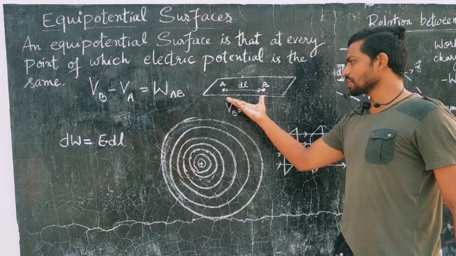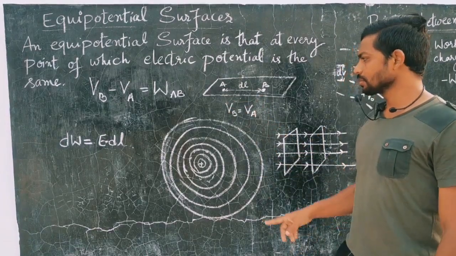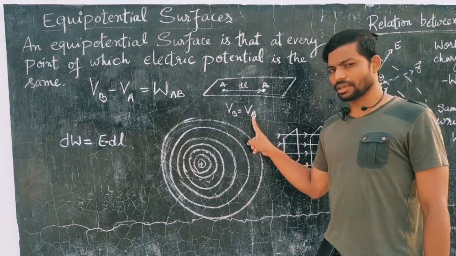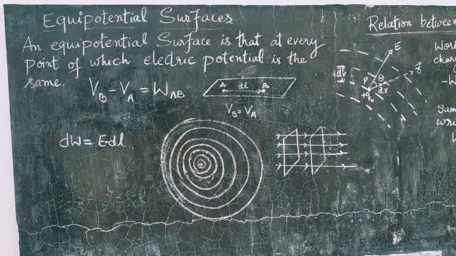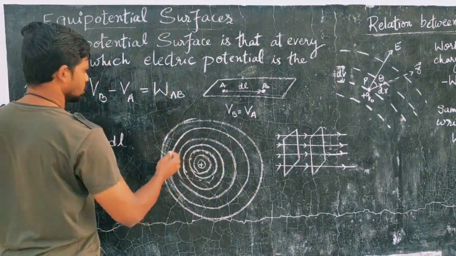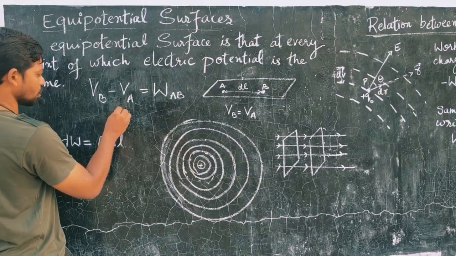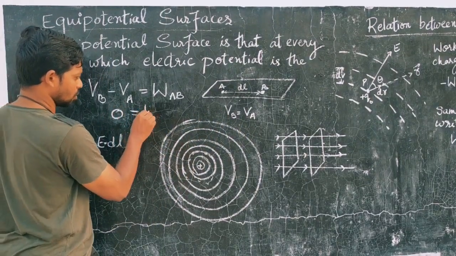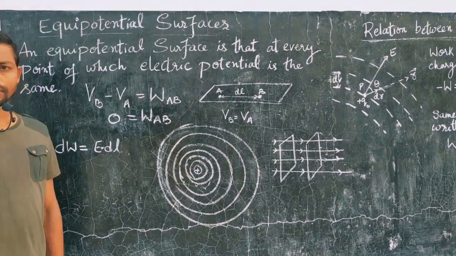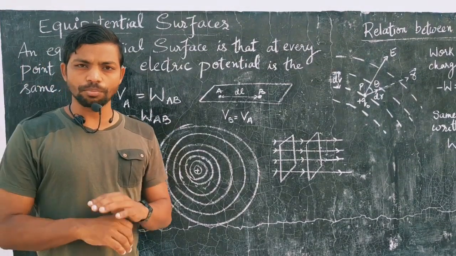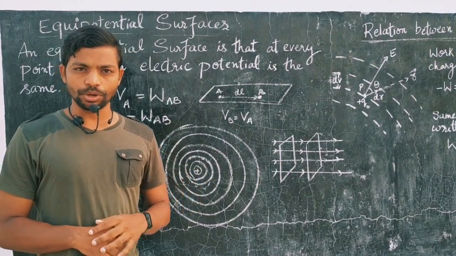If this is an equipotential surface, in that case VB will be equal to VA, right? So let's use this here, then it becomes 0,